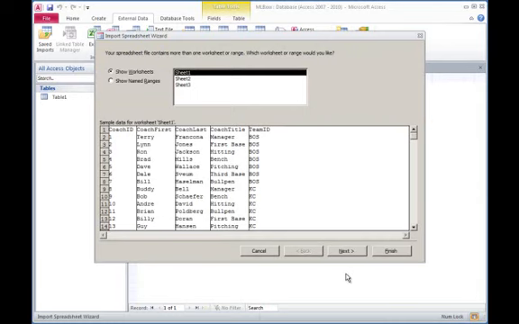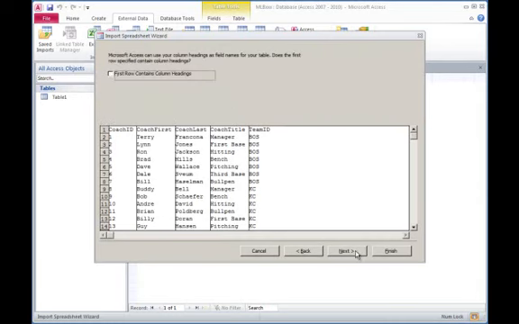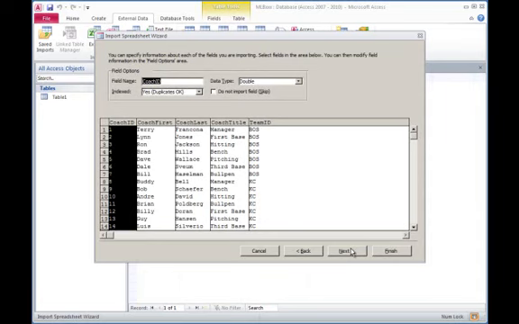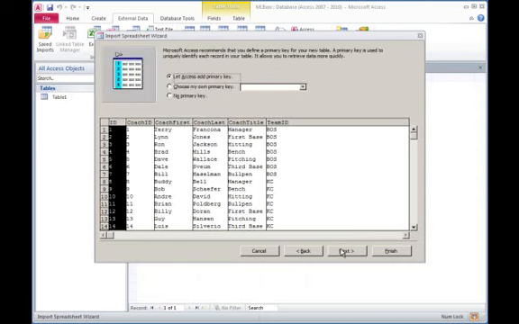And step 5, let's see, show worksheets. Step 5, click the first row contains column headings. You want to make sure that you do that. It's important. And next. Step 6, click on the down arrow next to indexed and choose yes, no duplicates, and then next. 7, click choose my own primary key and choose,